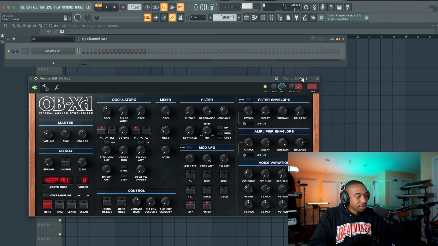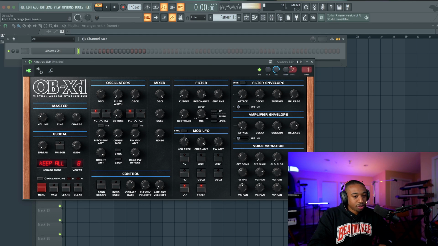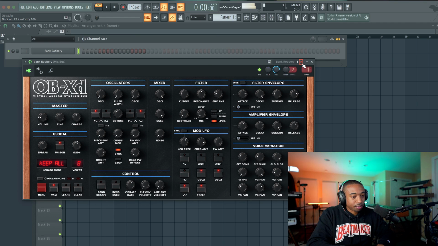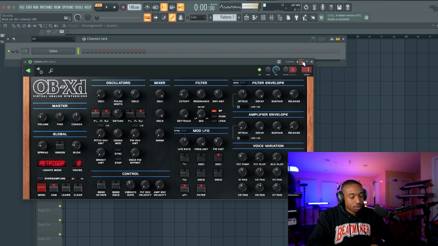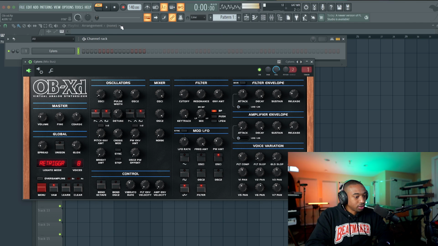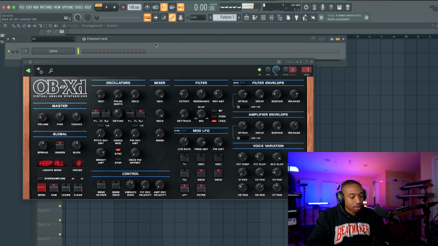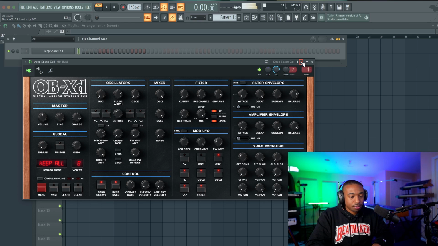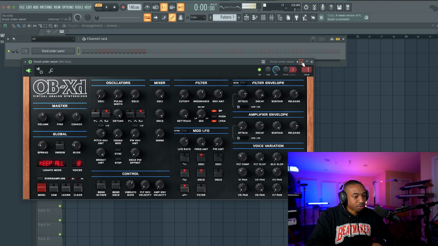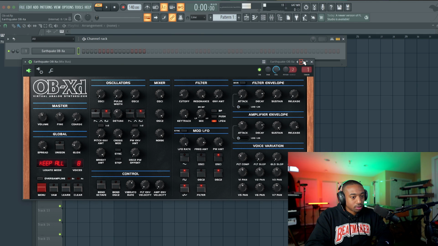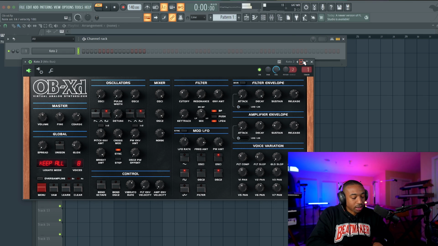Okay, so let's go to the different presets. You can arrow through presets in FL. So these presets are really just showing you what it could do. You can also select the presets from the menu here. If you go to Programs, you could jump through that way. So as you can hear, this sounds pretty clean. And again, it's just showing you what it can do. We're gonna make it sound from scratch though.